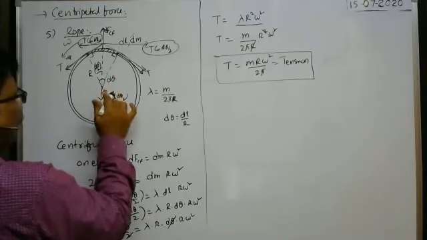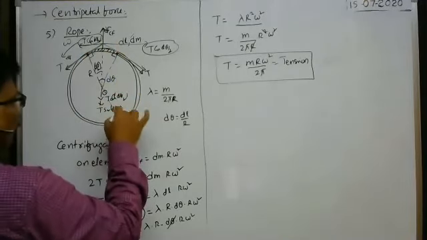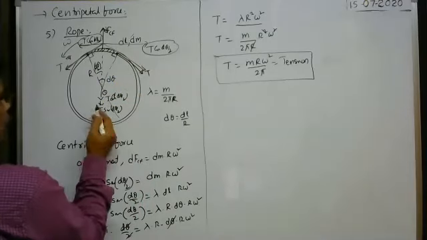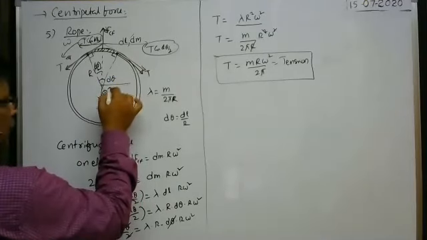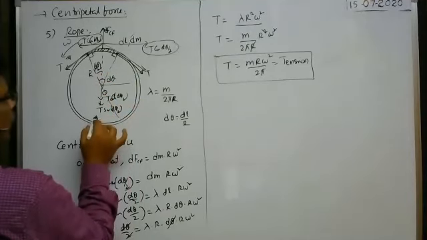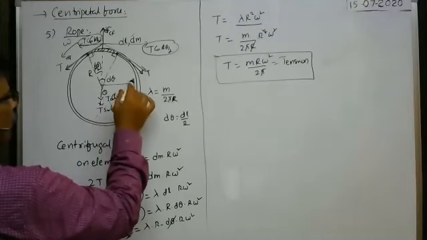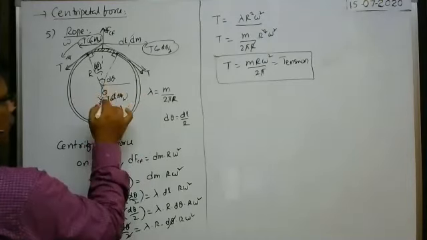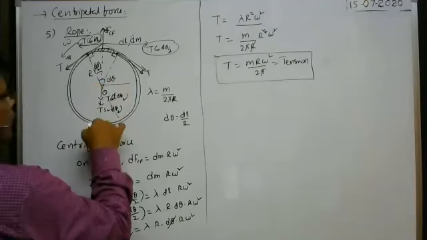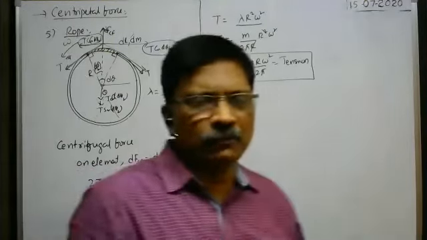You resolve them into components. Normal reaction is always perpendicular to the surface, means in this direction. You take their component in this direction. Here it is N cos something. Here if it is d theta by 2, this is d theta by 2. Then this component is N cos d theta by 2, and this one is N sin d theta by 2. N sin d theta by 2 and N sin d theta by 2 cancel. Then the sum of the components here is equal to the centrifugal force. In that way we can do. Okay, I think the problem is there, we will do.